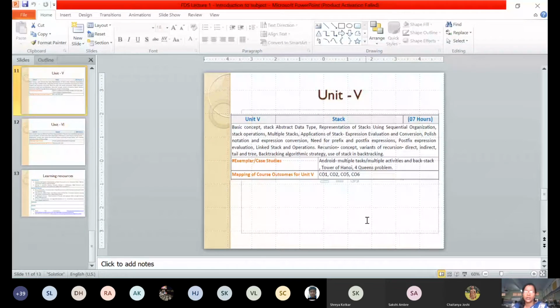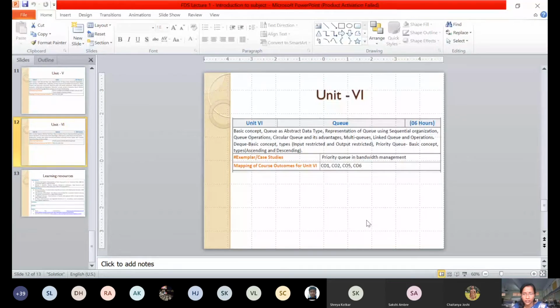Now what is the last unit? Unit number 6. Which is the data structure that we are going to learn here? It is queue. Queue as a data structure is very similar to the simple queue which we use in our day-to-day life. For example, when you were in school for prayer, we were standing in a queue, right? So what happens in a queue? The student who comes first stands at the first position. The student who comes second stands at the second position. And the student who reports at the end stands at the last position.